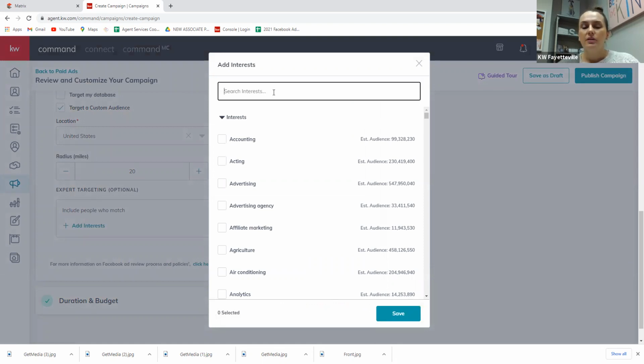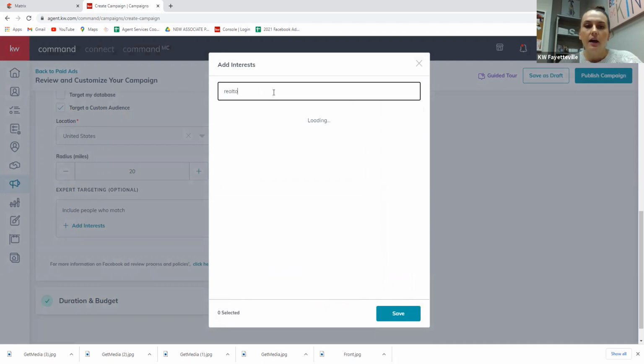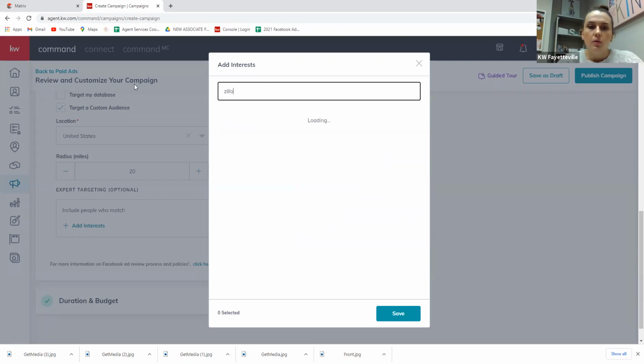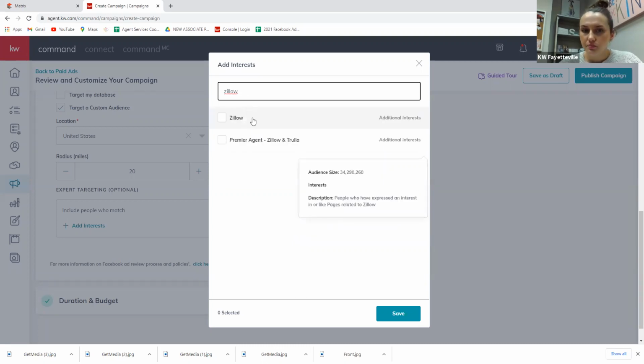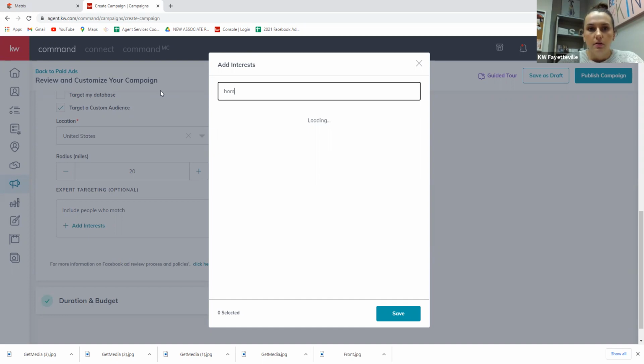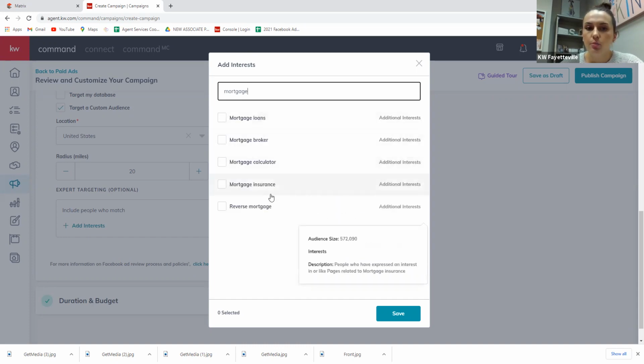If you do want to play around with this, some ones I recommend, I used to always use things like realtor.com, but I never use things like realtor.com Pro because I'm not trying to capture real estate agents as leads. Same thing with Zillow. I use Zillow. I don't use Premier Agent, Zillow and Trulia. I believe homes.com is one I used to use. I search things like mortgage. So mortgage loans, mortgage broker, mortgage calculator, mortgage interest, reverse mortgage,